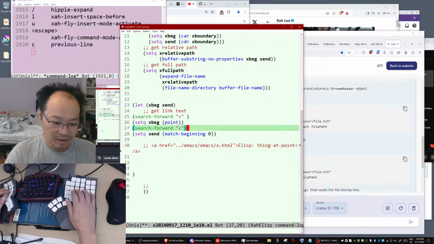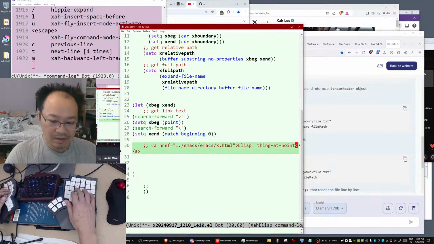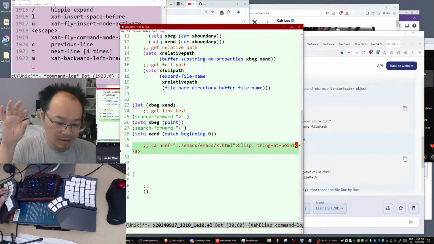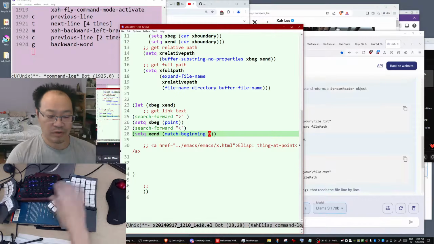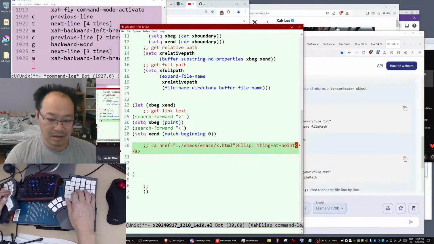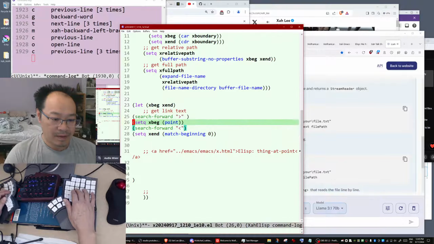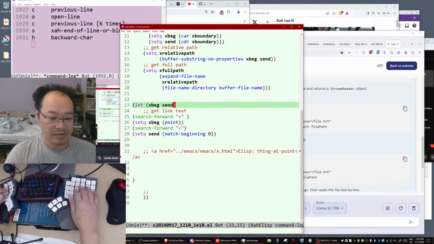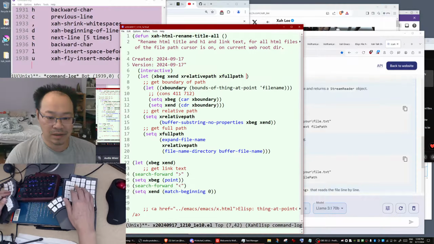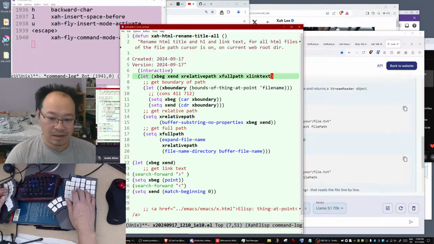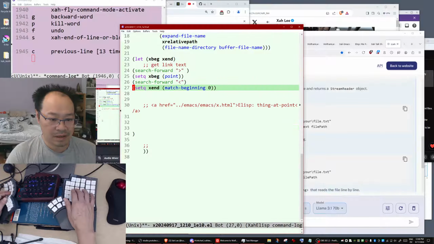Then set x-end to match-beginning, the beginning of the last match position. 0 is the whole match, that means just set the point over there. Then you need another variable, link-text. Let's go to the top and add link-text.